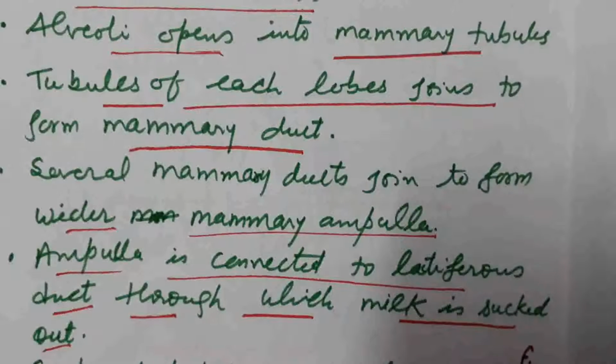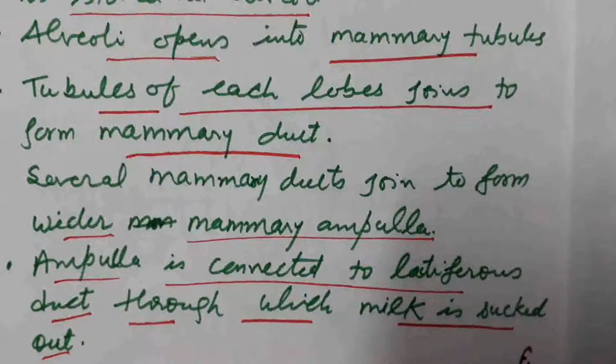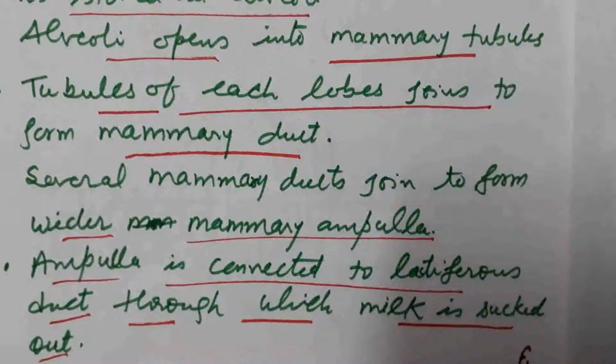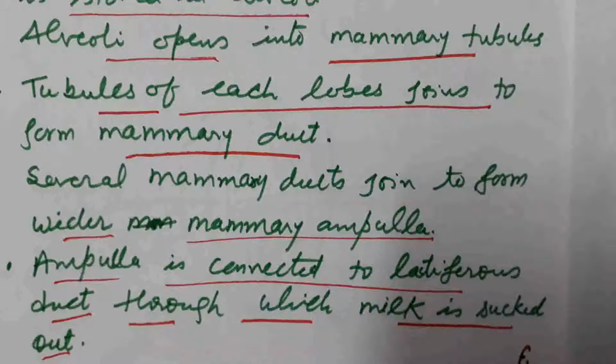So, in the case of female, there are two sex glands. First one is the Bartholin's gland, which is the mucus gland, whose function is to secrete mucus at the time of copulation and lubricate the passage. Another sex gland is the mammary gland, which we call the breast, whose function is to secrete milk and to provide nourishment to the developing child.